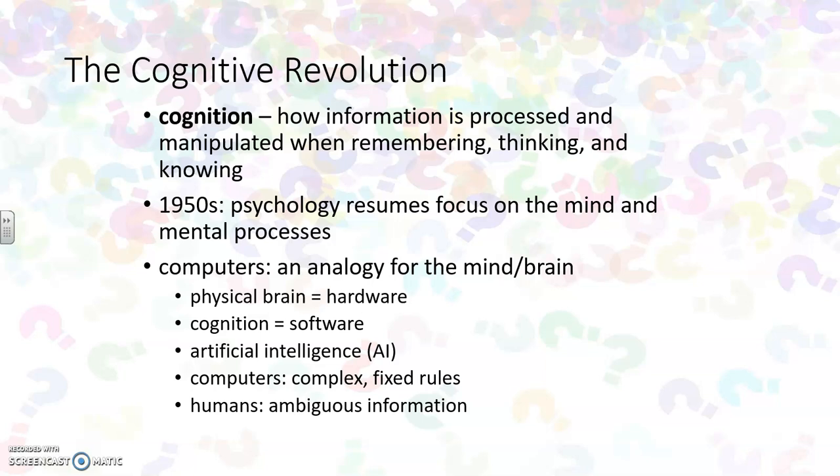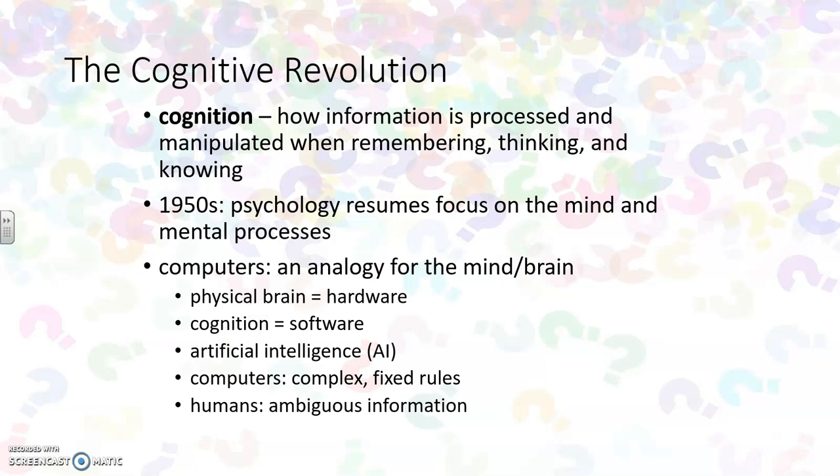First off, we had a whole big idea of this cognitive revolution, and psychologists, scientists, everyone was just kind of like, wow, think. How do we think? How do we problem solve? How do we remember? Can we remember things better? How can we improve memory? So in the 1950s, psychology kind of focuses on that mind and mental processes,